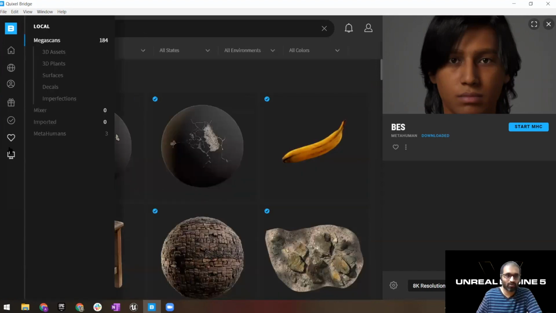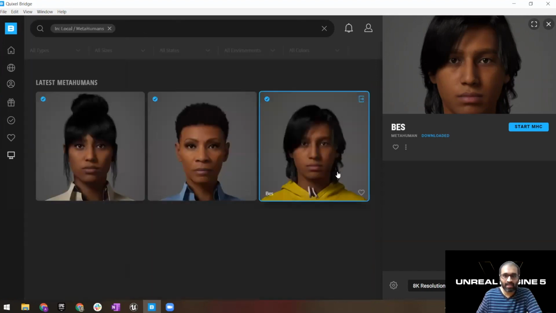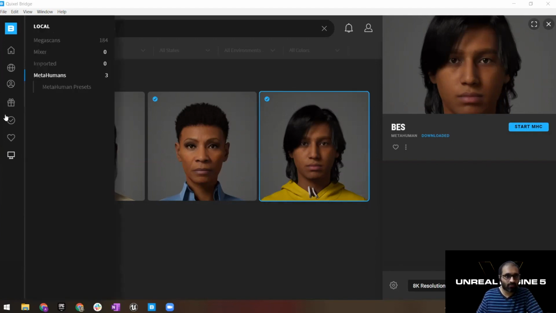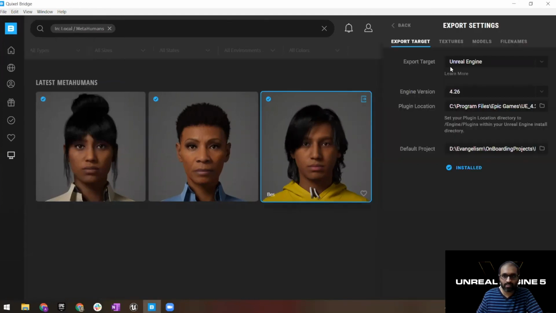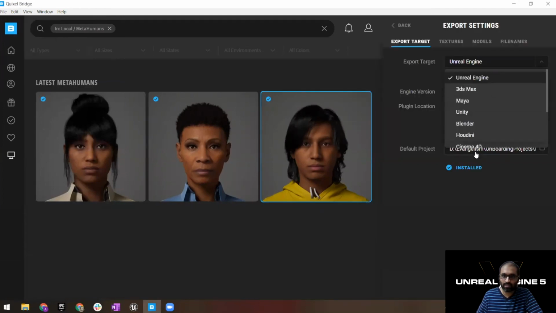So you can download that asset. And then you can use the MetaHuman Creator to sculpt the character to the way you want it to be, and you can access the MetaHuman Creator by signing up. You click on Start MHC, which stands for MetaHuman Creator, and that will open up a browser that you can then use for creating your character. Once you have that downloaded, like I said earlier, if you go to the export settings, you already have the export target for all of these things.